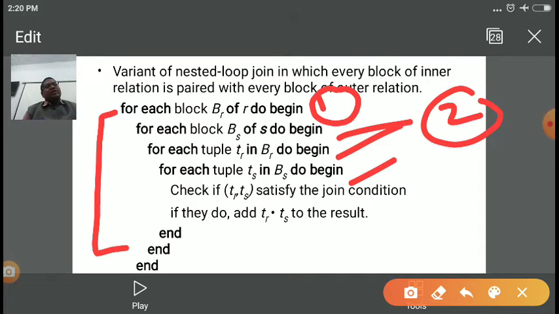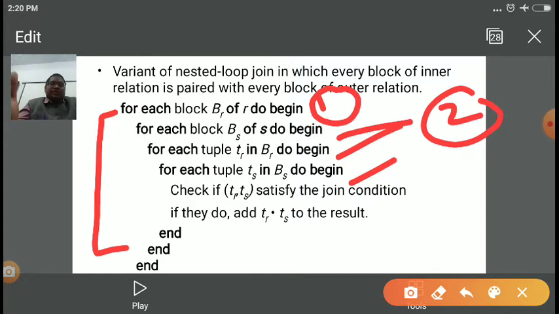Now in every block, we need to process each tuple t_r of r in B_r of the relation r, and after that for each tuple t_s of s in the block B_s, we need to check every possibility of t_r and t_s which satisfies the join condition, right?